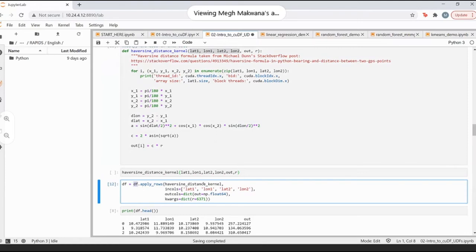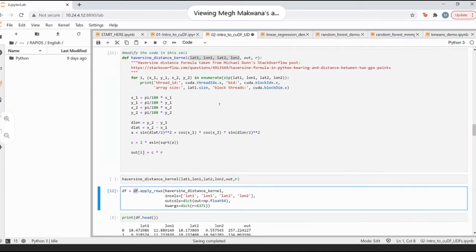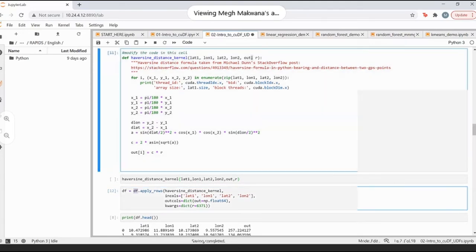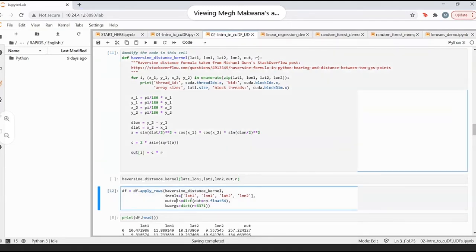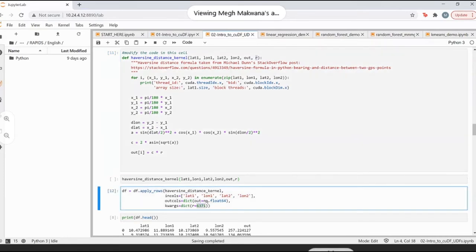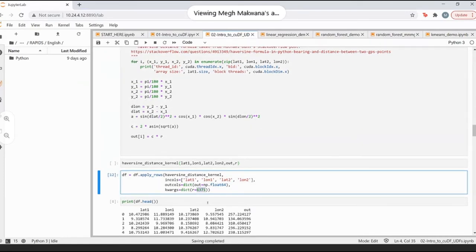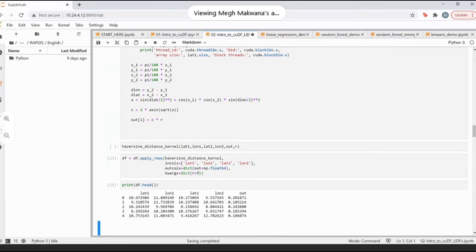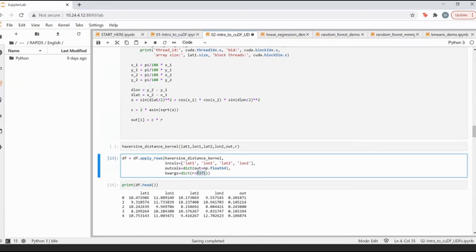And the out. Okay, let's see if there's some question. Yeah, the other parameters like out and r also need to be updated, right? So out is basically the output column, and R is a constant value that I can keep changing. Instead of 6371, I can give it, say, 5, and it will accordingly calculate these values. As you can see, my values became much smaller. Now let me change this again, and as you can see, my output values became bigger again.